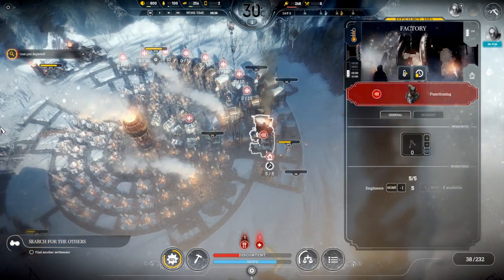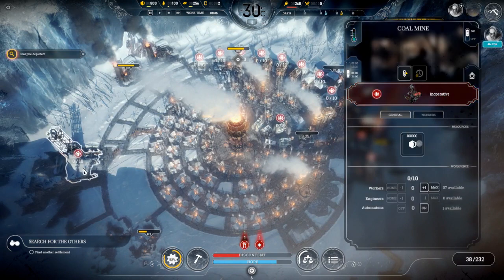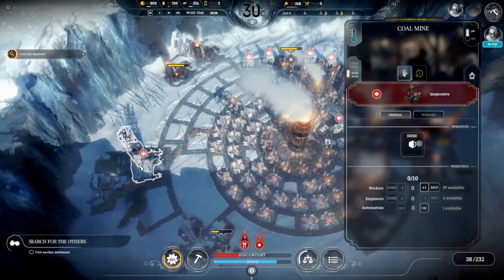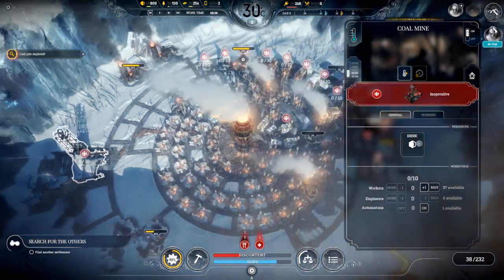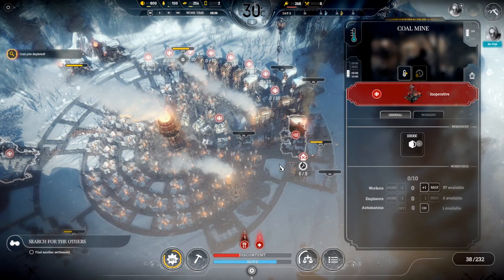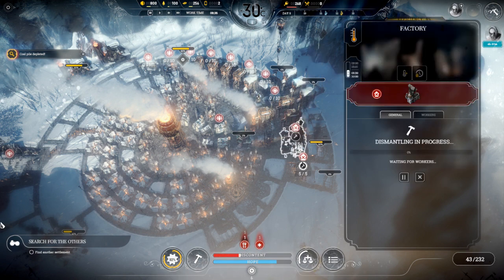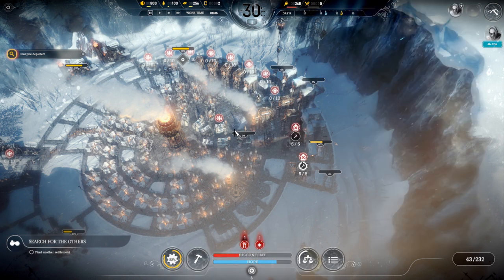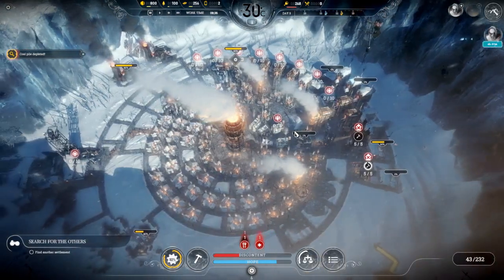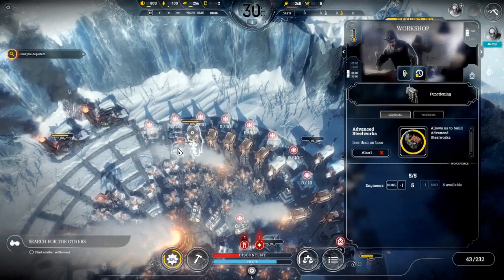So now I'm trying to think. We've got all the steam cores we're going to have. I need to upgrade this to an advanced coal mine, which is going to cost 2 steam cores. Then I'm going to be down to 0. But salvaging this will give me access to the wall drill, so we're going to go ahead and delete the factory, which means I'll have 5 engineers left over, and I can shove them in